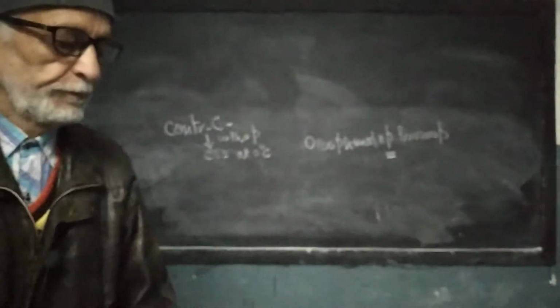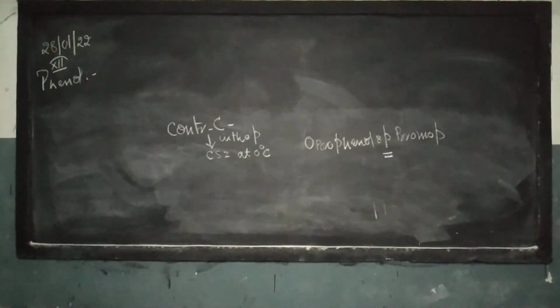Please be careful. Under controlled condition, in the presence of carbon disulfide at 0 degrees centigrade, orthobromophenol and parabromophenol are obtained. The equation is